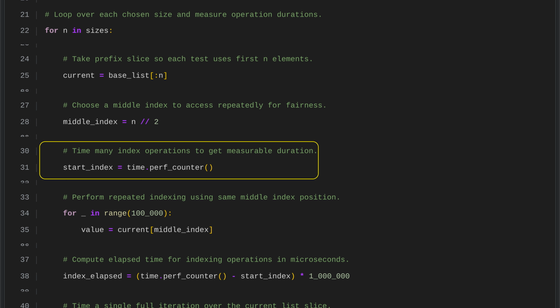To measure how long multiple index operations take, we first record the current time using a high-precision performance counter from the time module. This gives us an accurate starting point for the timing. After the indexing operations finish, we can compare the new time to this starting value to calculate the total duration